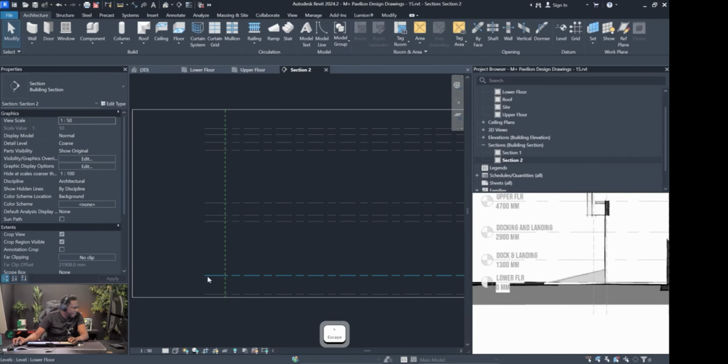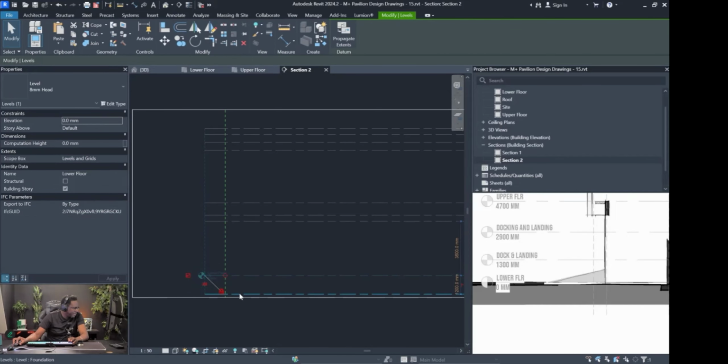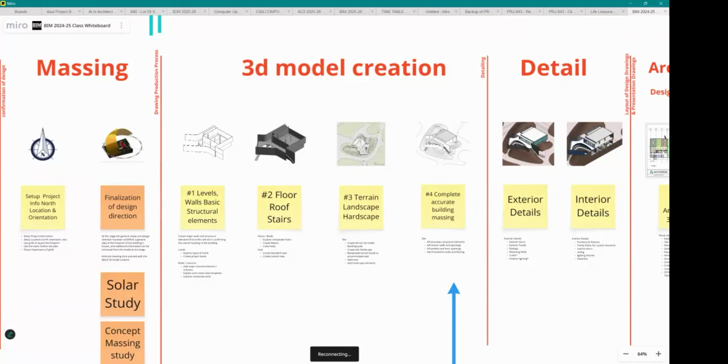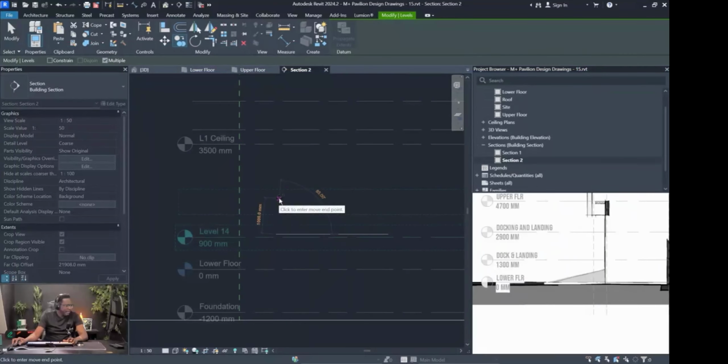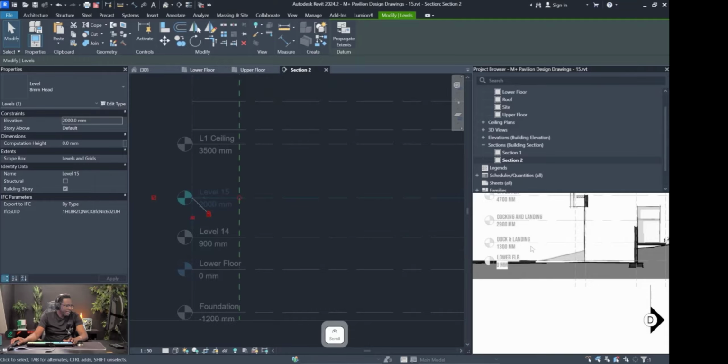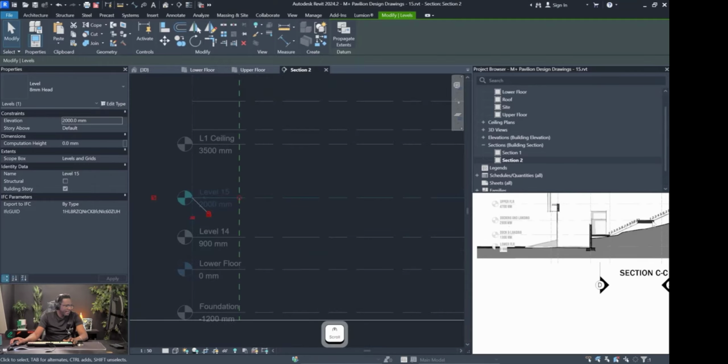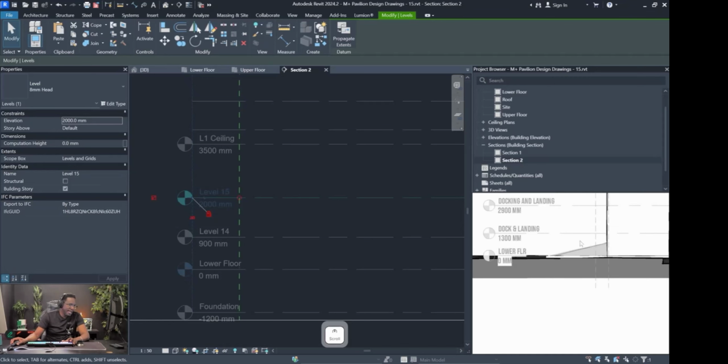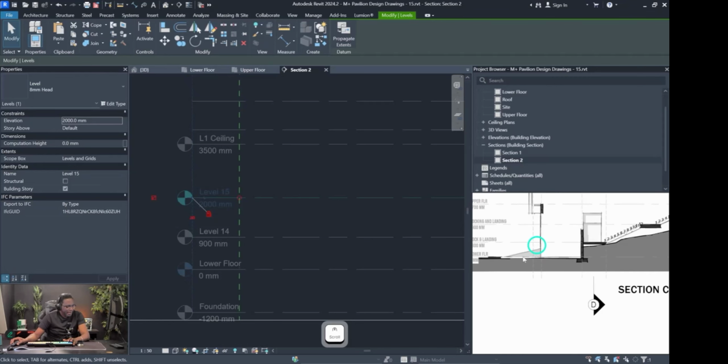Let's turn on the names for these levels. So we have the docking and landing level, that's going to be here. And then we have 2 docking. So we have one here and then we have one above here. So this one is going to be the landing, and this one is docking and landing because when the trucks